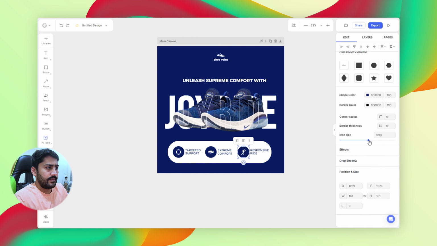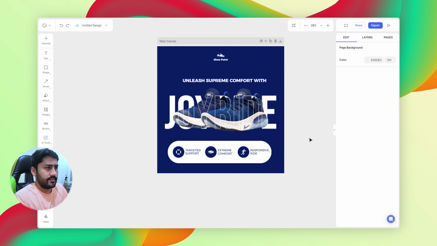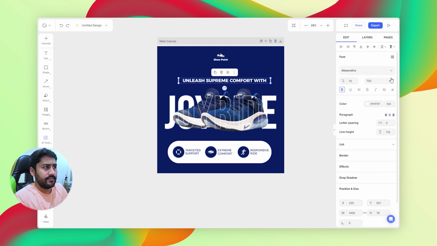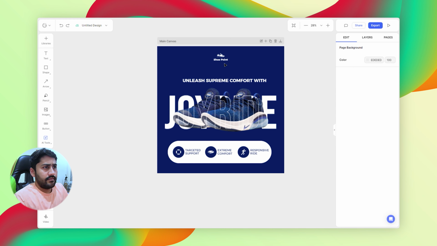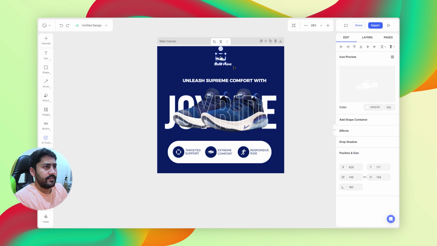And let's increase the size, and that's it. So I think this logo and the icon should be made a bit bigger, something like this, and let's center align everything,